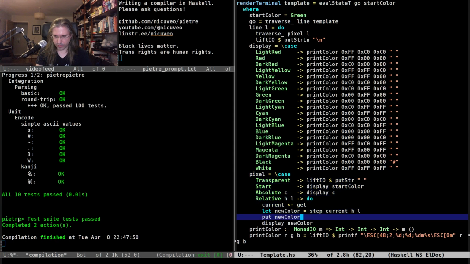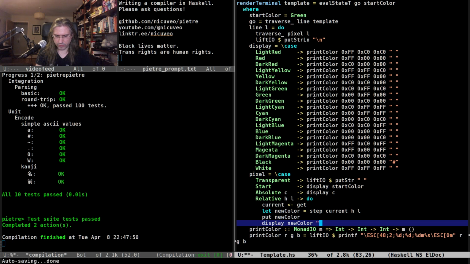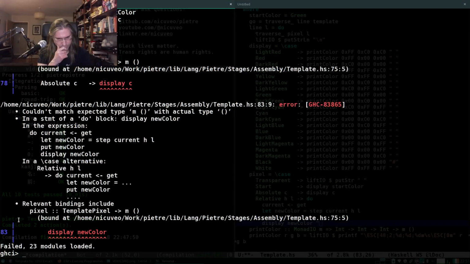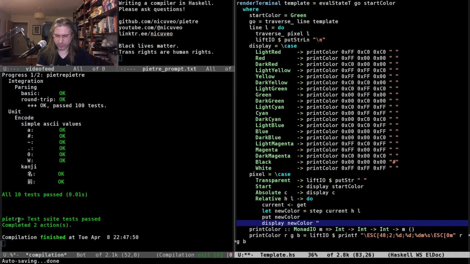Display new color. What is wrong? Yes, display new color. Yes, here this is wrong. This is also taking a string.